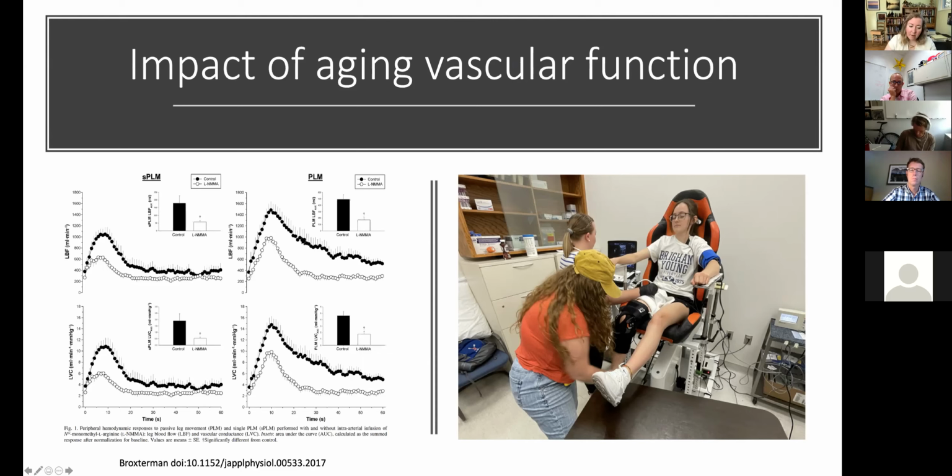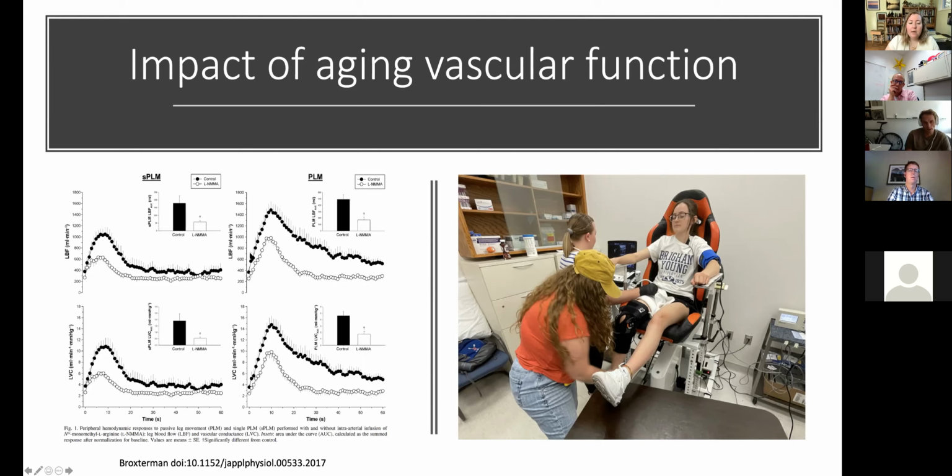So in a study by Brocksterman, they performed PLM, and that is our control group, the black circles here. And then they also performed PLM when they inhibited nitric oxide. So that is our white circles, or the clear circles, right here. So you can see that at the start of PLM, you have an increase in blood flow,